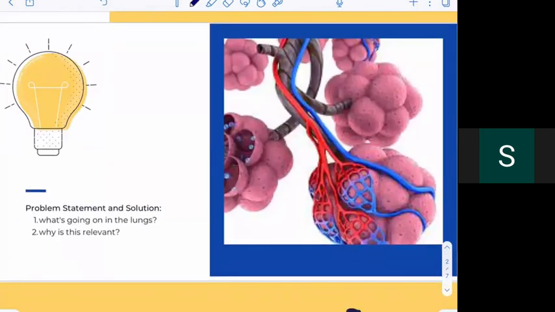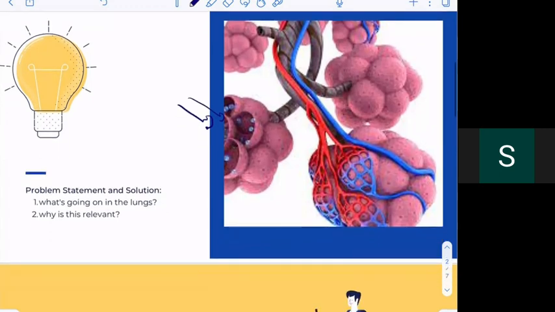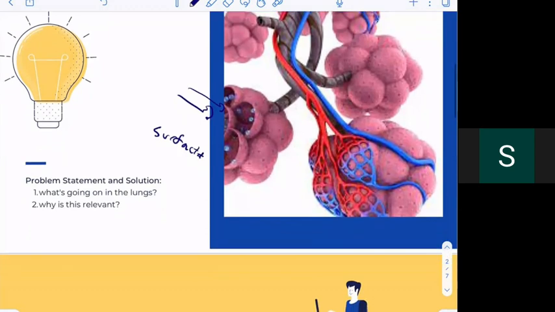What's going on exactly in the lungs and why is this relevant? The research basically focuses on the alveoli. The alveoli are the smallest units in the respiratory system. Since they are so small, they are more vulnerable, meaning that any pulmonary disease symptoms will first arise in these tiny sacs of air. They also release surfactant, which keeps the alveoli from collapsing by reducing the surface tension present within the